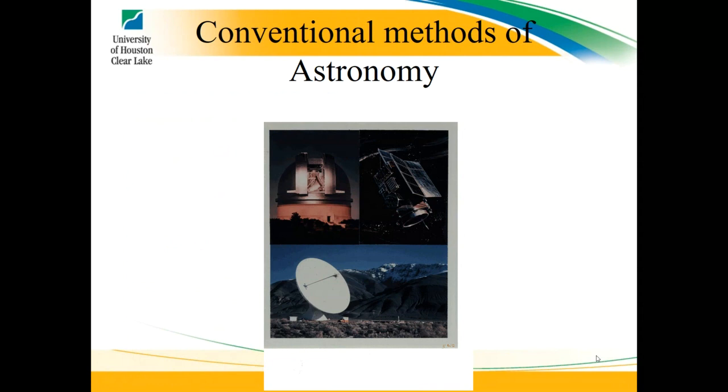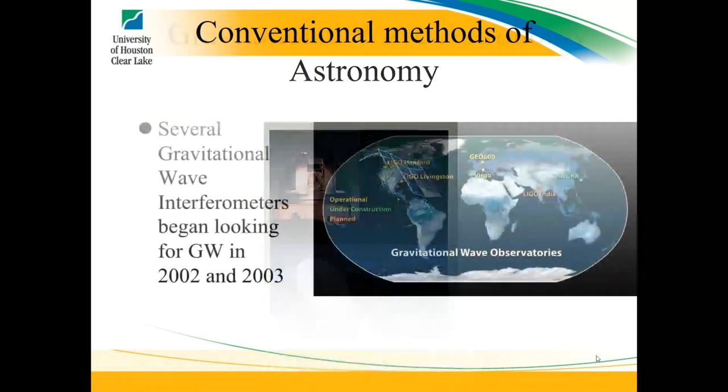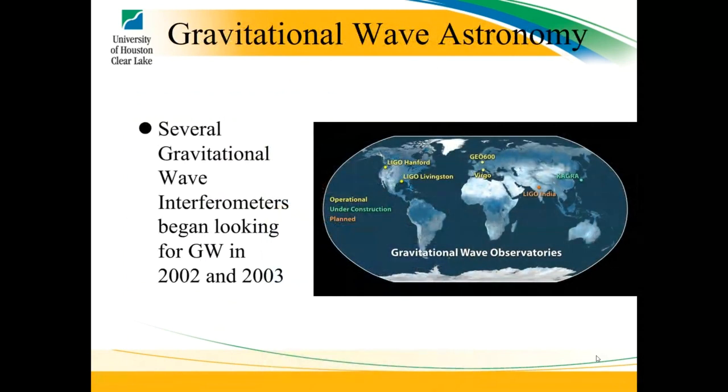So conventional astronomy, to look at electromagnetic waves, you have to have an electromagnetic telescope where you could have electromagnetic waves like light coming in and you observe it, or even a space-based telescope like Hubble or James Webb would have electromagnetic waves it would analyze, or you could have a big dish. But that's not going to work for gravitational waves. For gravitational waves, we're actually going to use these things called interferometers.